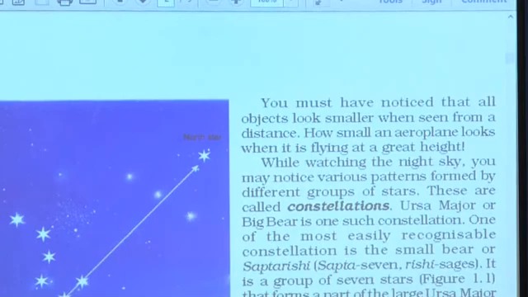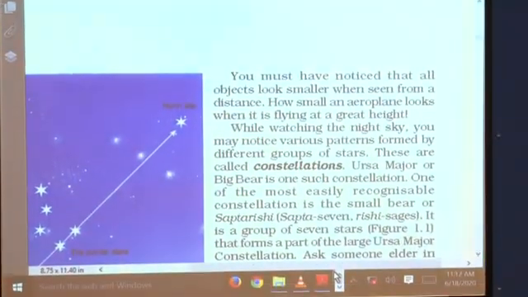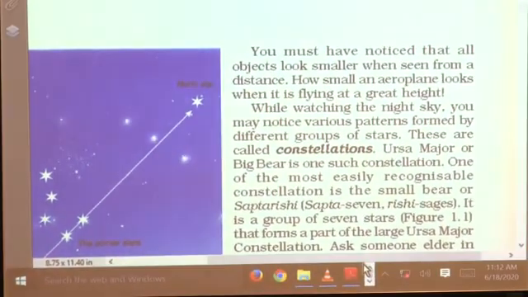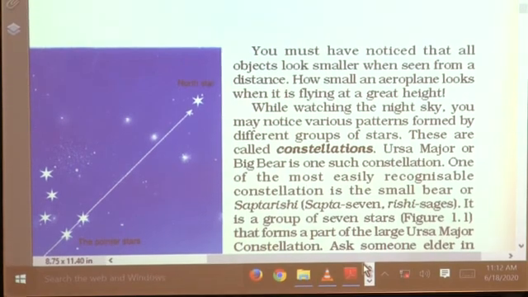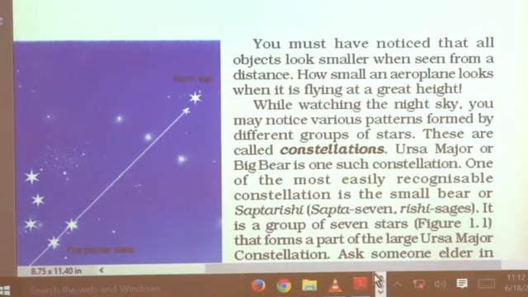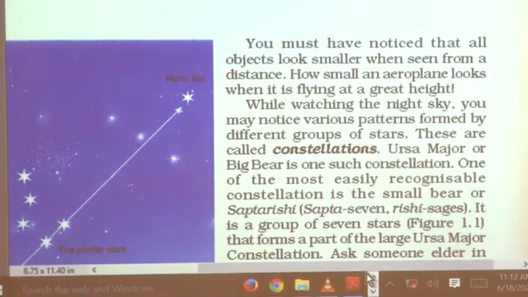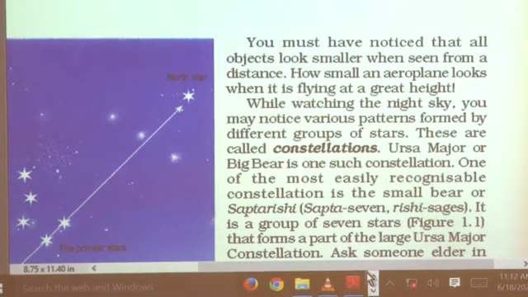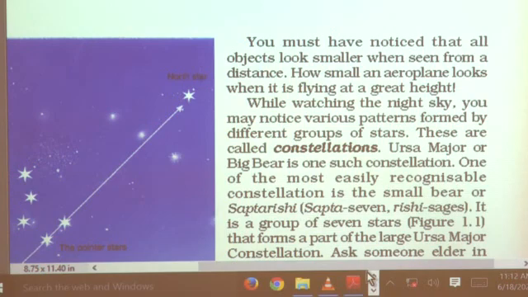So children, in the last session we were on page number 2, right? Yes, here. So we were studying about constellations. You must be very clear about constellations by now. Constellations means groups of stars forming different patterns. Again, I have shown you examples of Orion, Ursa Major and Ursa Minor.